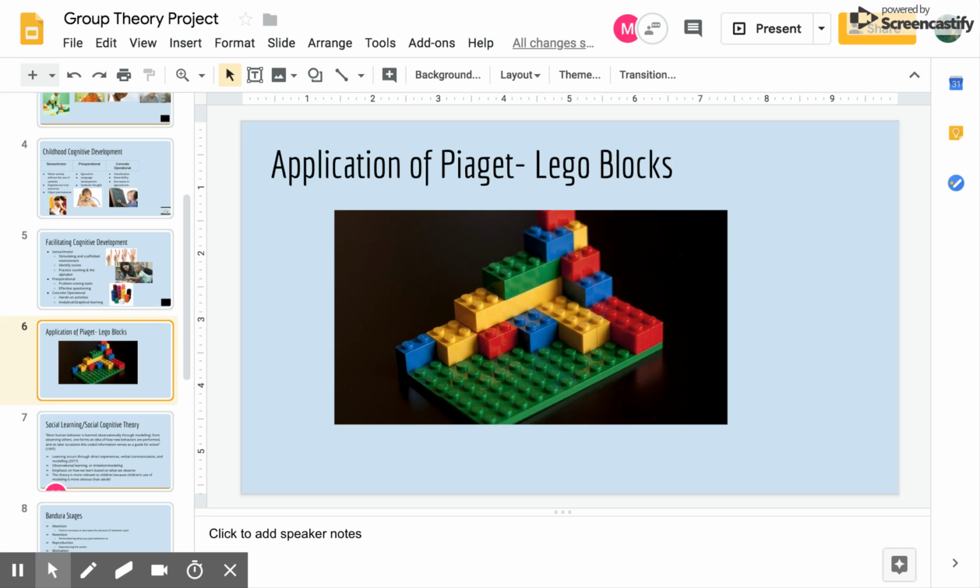Lastly, in the concrete operational stage, the teacher can give the student a two-dimensional paper copy of a shape or figure. The teacher will then tell the student to build the two-dimensional shape using the Legos. If the student is unable to replicate the 2D shape into a Lego copy, or they create a completely different figure, this demonstrates that they have not yet mastered how to transfer abstract thought into something that is coherent, logical,